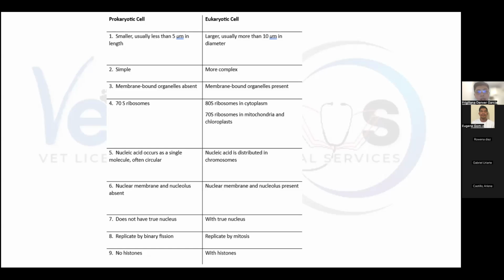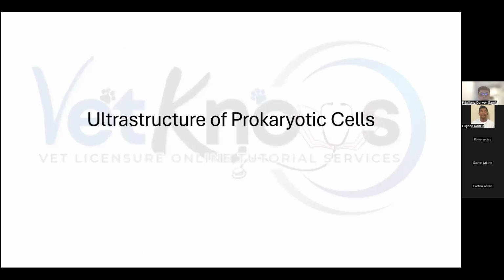Prokaryotic cells, they do not have a nucleus, rather nucleoid yung presence sa kanila. However, they also contain chromosomes. Ayan. Nuclear membrane is absent for prokaryotic cells. For eukaryotic cells, it is present. And prokaryotic cells, they replicate or they multiply via binary fission. This is an asexual form of reproduction. And eukaryotic cells, they replicate by mitosis. Okay. So for prokaryotic cells, here are the structures na kailangan natin i-take note, or mga important structures.